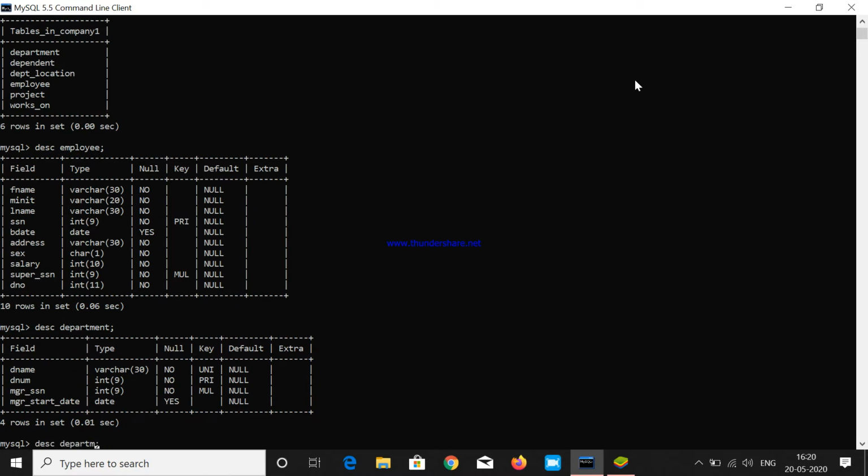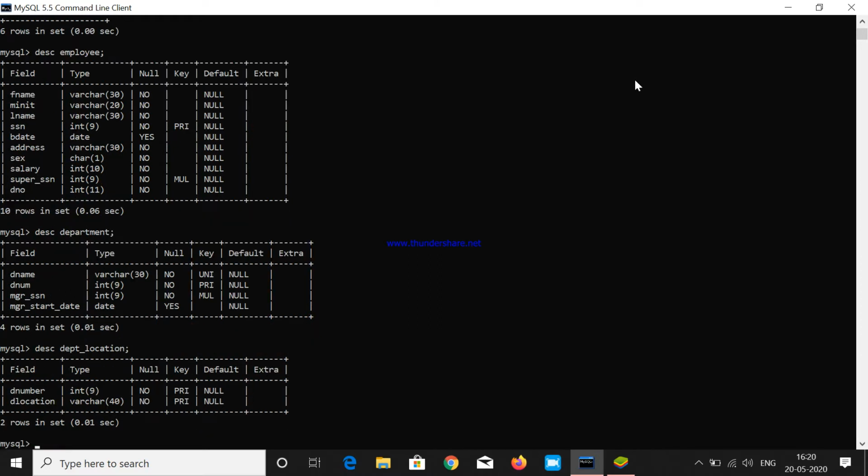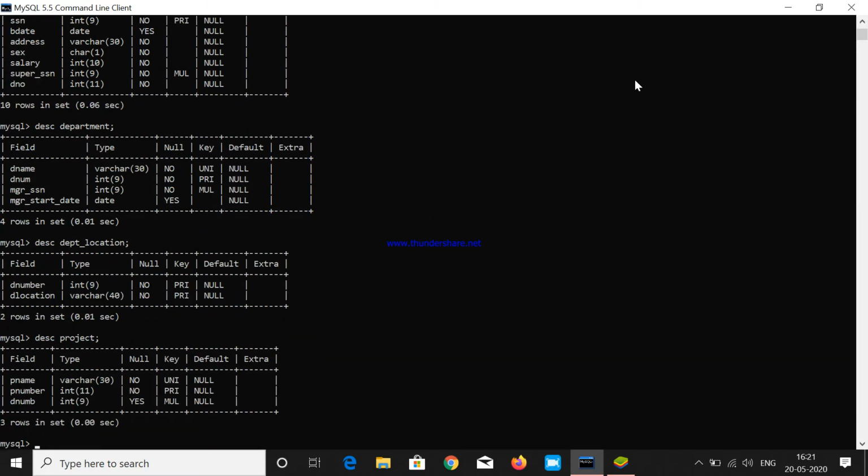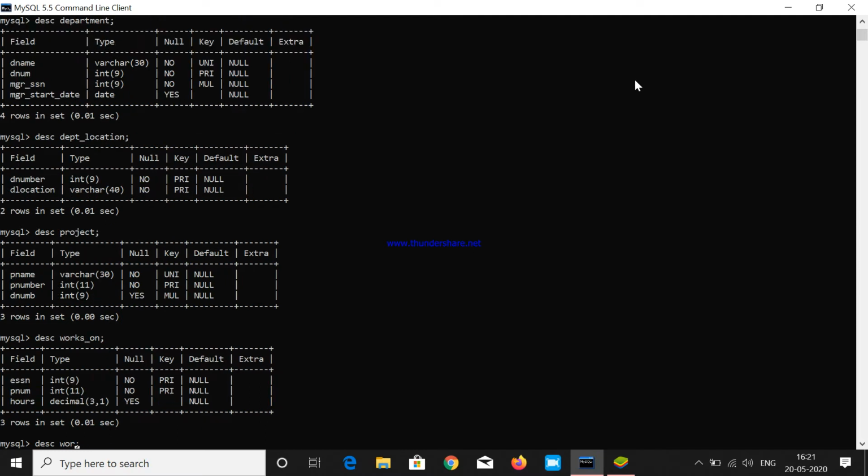After department comes department_location. Then the project table, then the works_on table, and now comes the last table, that is dependent.